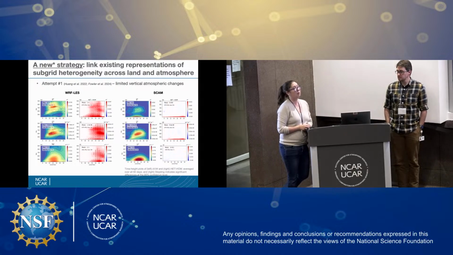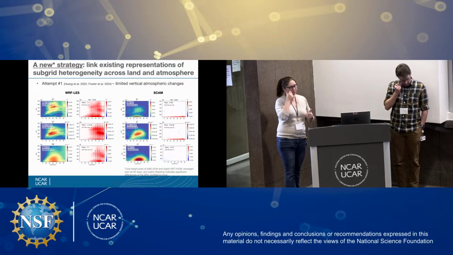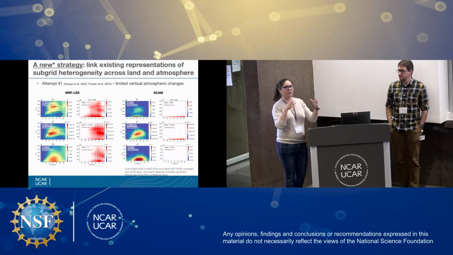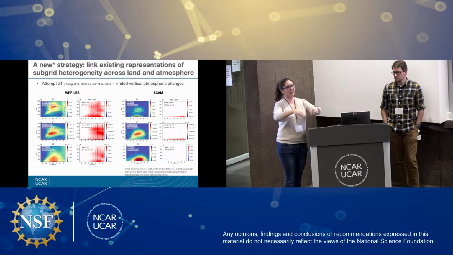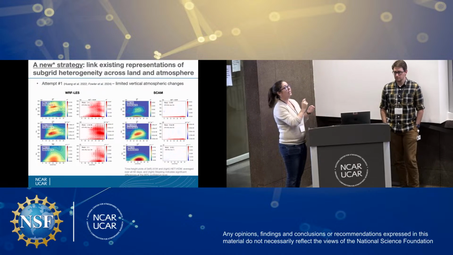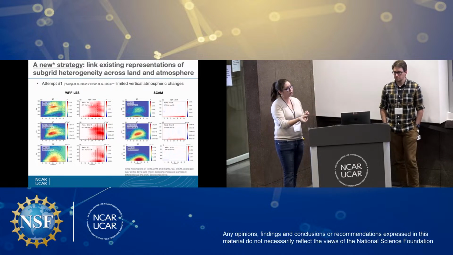Sadly, no, I'm not providing spatial information, so we don't have that in CLM, so I haven't gone through the effort of finding a way to figure out the spatial connection between these patches, but it is hugely important, right? You can imagine that if you have a warm patch that's fully contiguous versus a cool patch that's fully contiguous, that secondary circulation would be stronger. If it's scattered and spread out, you're not going to get as much of a signal from that heterogeneity. So the length scale at which heterogeneity occurs is really important in reality, but difficult to capture in this particular